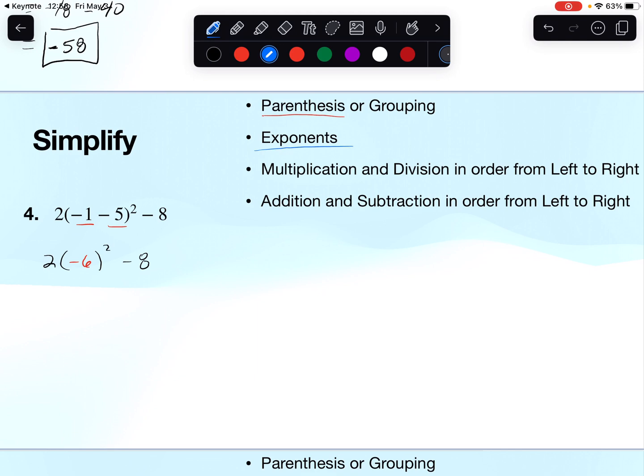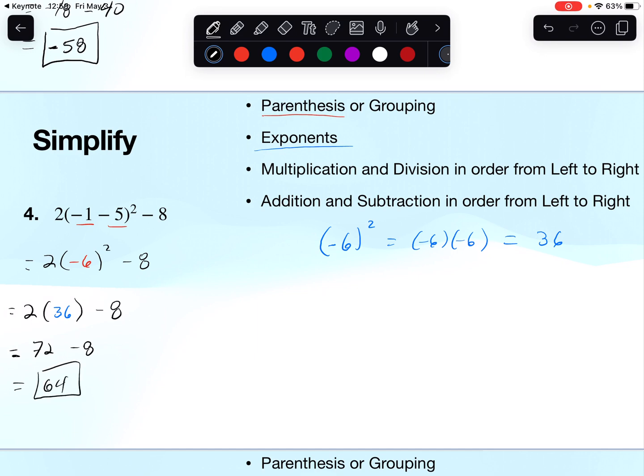Then we're going to do the exponent. So we've got to be a little bit careful. -6 squared is going to be -6 times -6. So negative times a negative is going to be a positive. So this is going to be positive 36. So this is going to be 2 times 36 minus 8. So 2 times 36 is going to be 72 minus 8. And that's going to be 64. All right. And stay tuned for the next